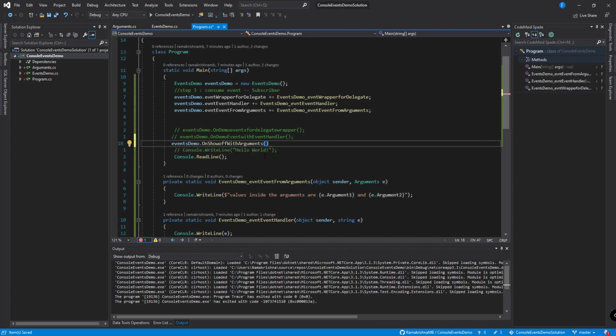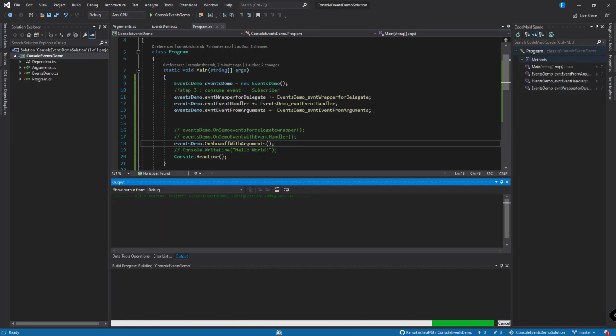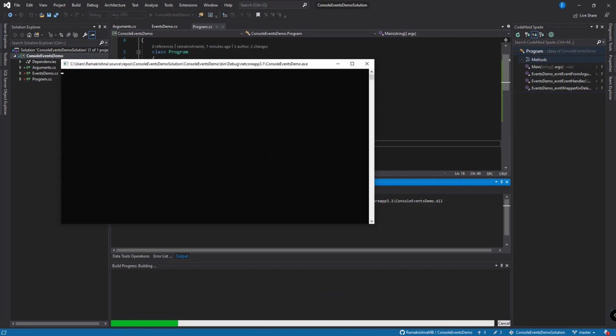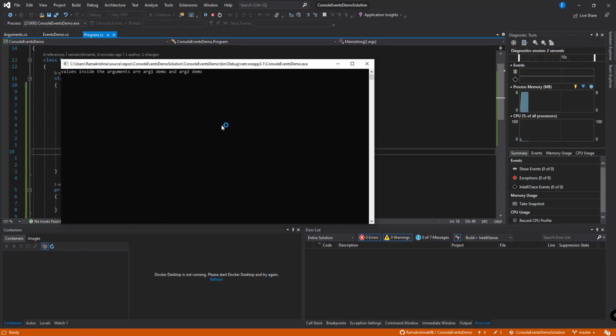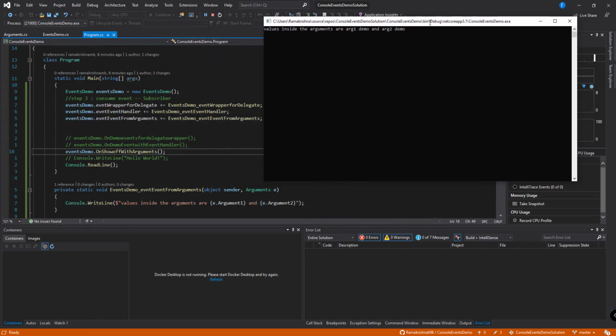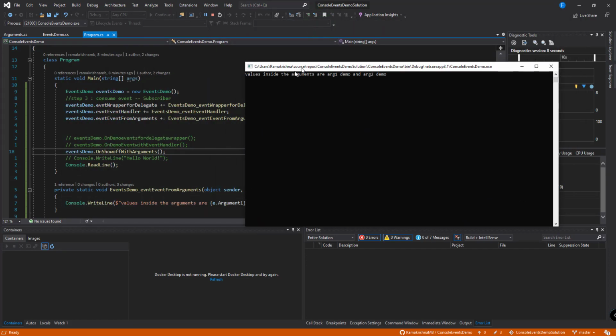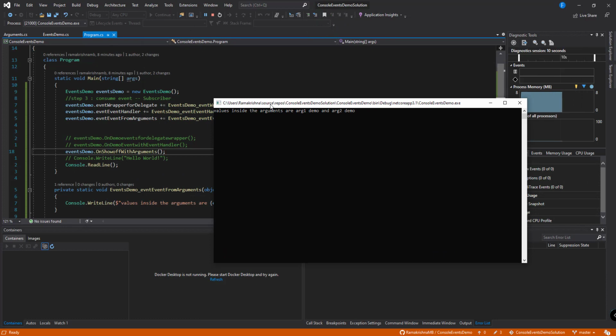So let us call this. Now run our console application. So values inside the argument, arg1 demo and arg2 demo, were called. As you can see, we have successfully executed with event handler along with event args class.